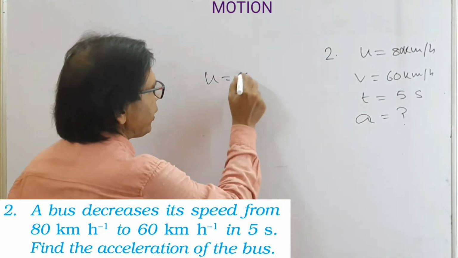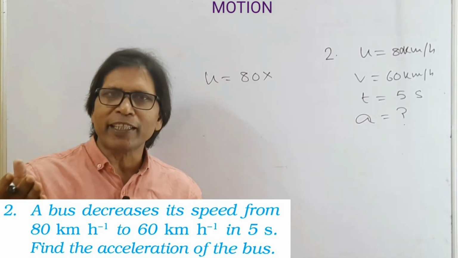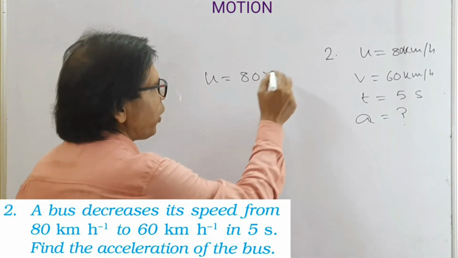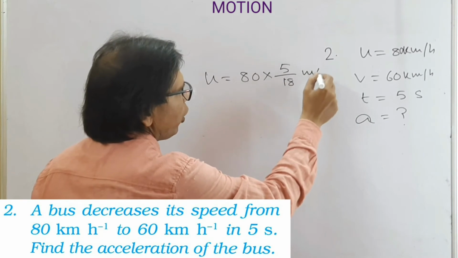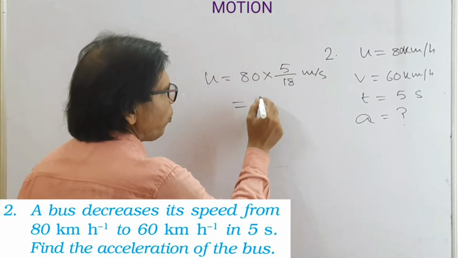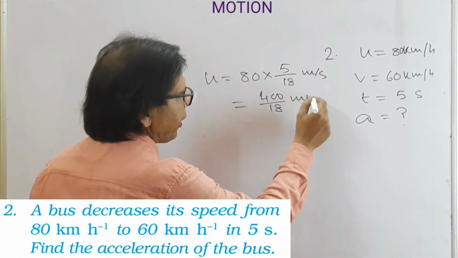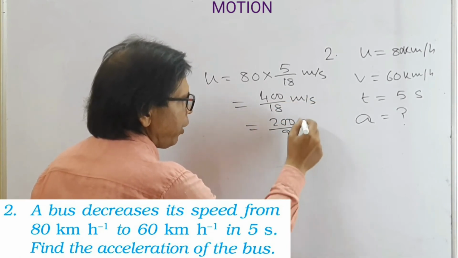So look at this, this is 80. To convert kilometer per hour into meter per second, we have to multiply by 5 by 18. So this is 400 divided by 18 meter per second,